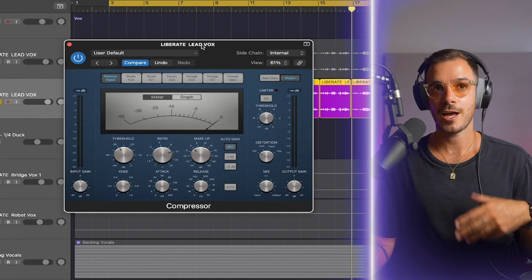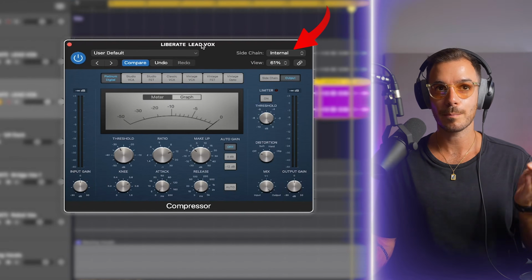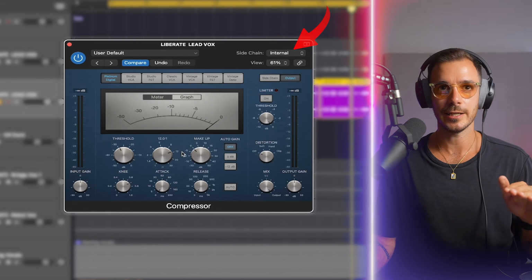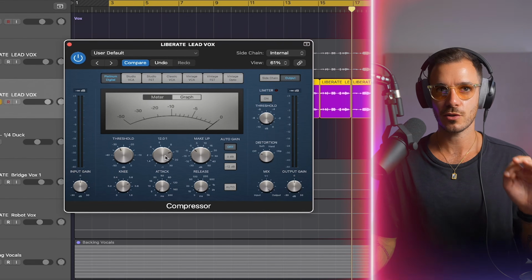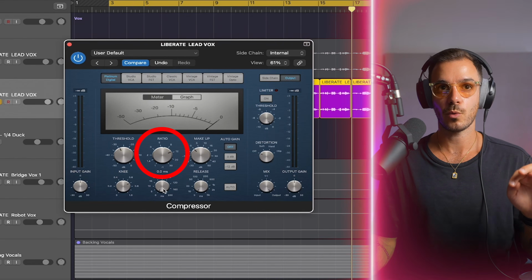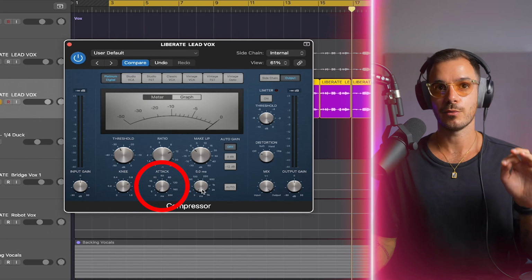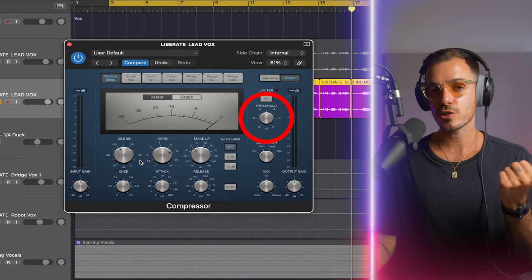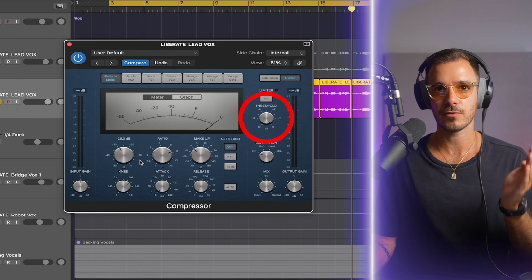Already with this multiband compressor, it sounds so much better and brighter. And that's because we're controlling some of those low frequencies in the low to mid range, which makes the frequencies higher up appear to sound louder. Now, after the multiband compressor, I'm using the Logic Platinum Digital Compressor, which is incredibly clean. I'm kind of using this as a limiter. So I've got a ratio of 12:1, attack at 0, release at 5 milliseconds, and then I'm just pulling the threshold down to catch some of the peaks.